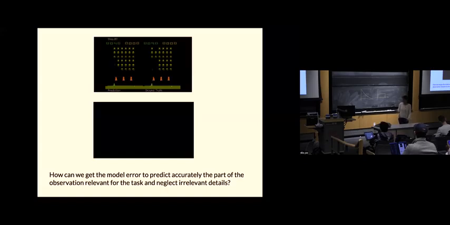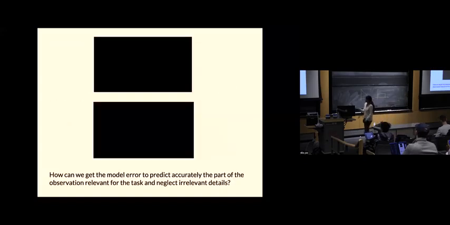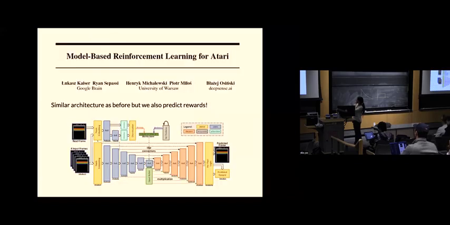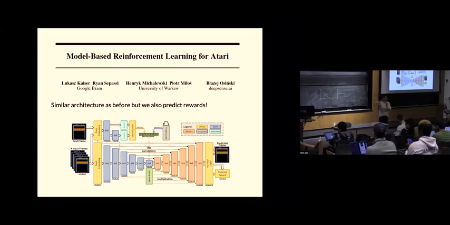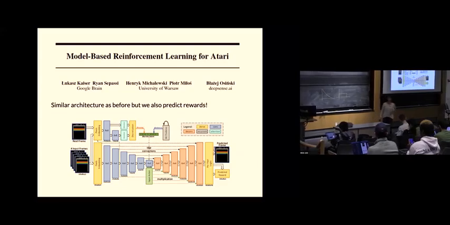Okay, so while images are available to you, here is a follow-up paper that again does prediction in observation space. It predicts frames and feeds them back as input, but also predicts the reward. So as you predict the frame, you can also predict the reward, and if the reward is related to the bullet or to the explosion and so on, those things will hopefully be retained in your output image, to be able to predict the rewards not only of the next time step, but also of the subsequent time steps. So this is one obvious way to make your pixel predictor more task relevant.